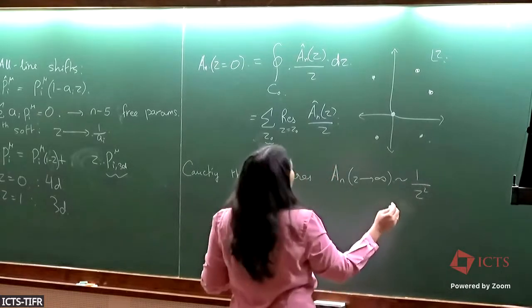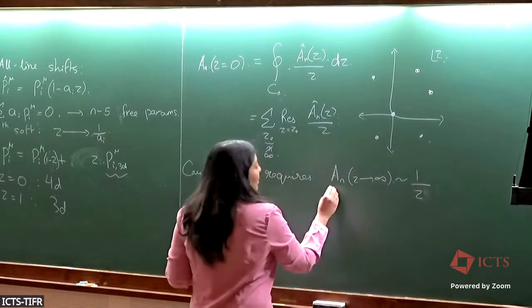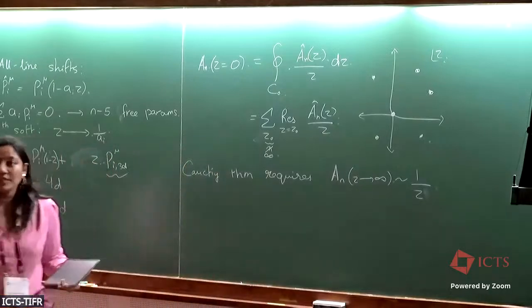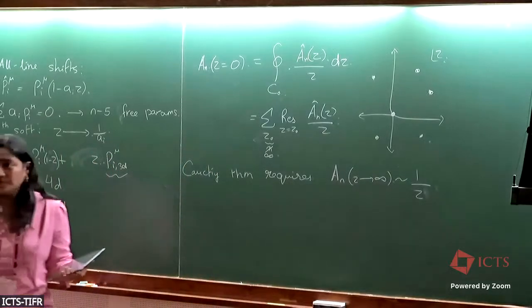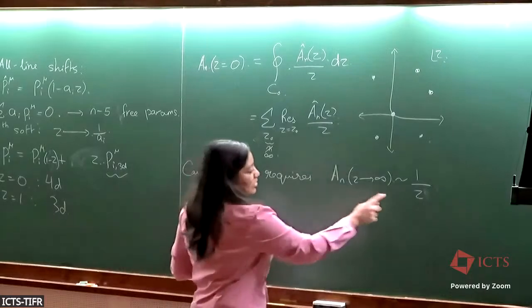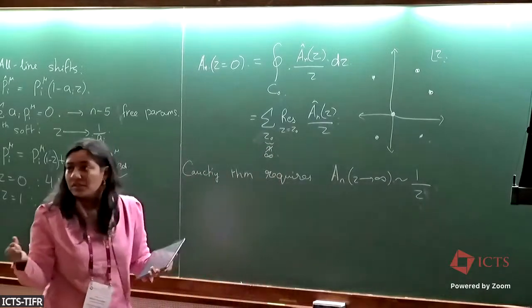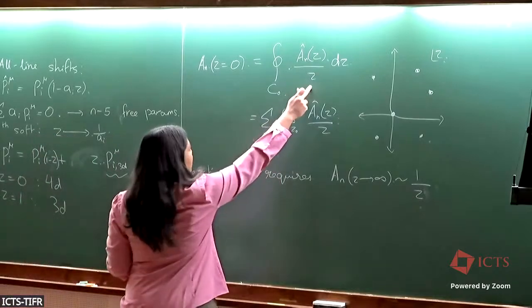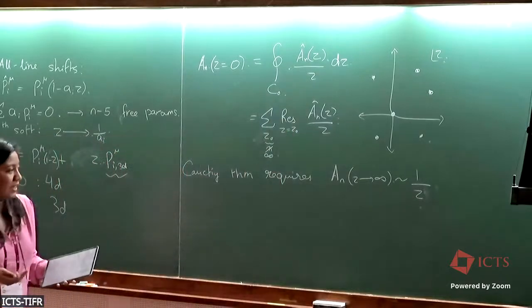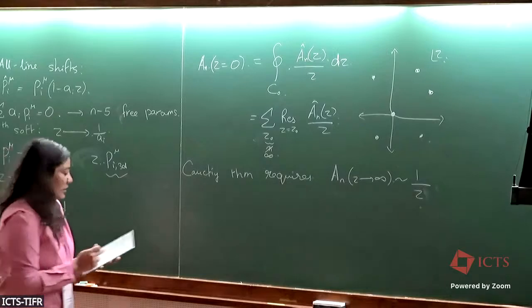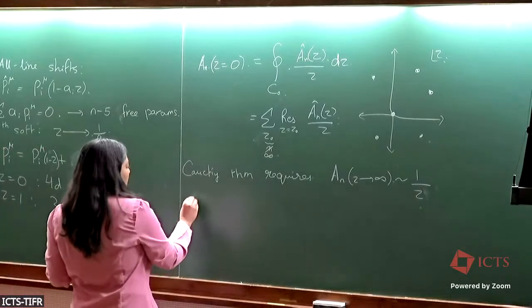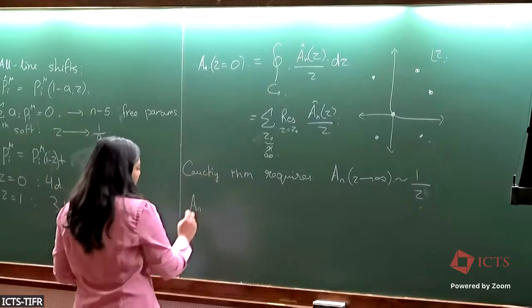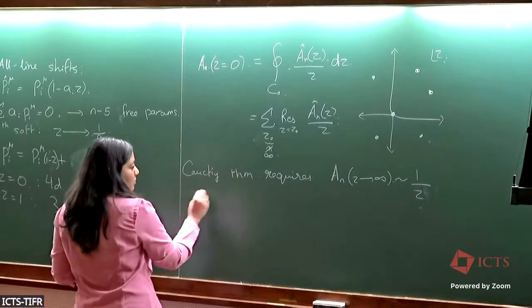So A_n of z has to look like 1 over z. So showing that this is true is where the physics is. Right? So being able to show that whatever is in your integral vanishes correctly at infinity is where the physics lies. And so for BCFW in particular, let's say this is true for